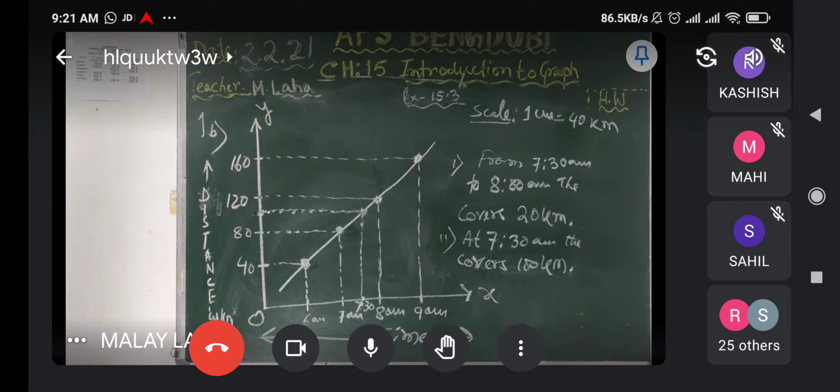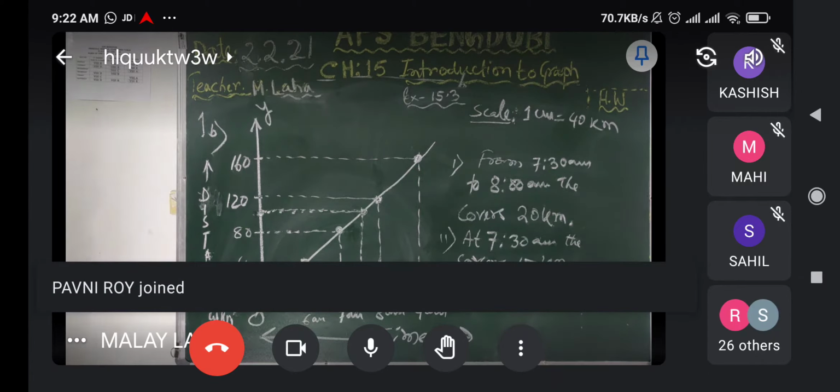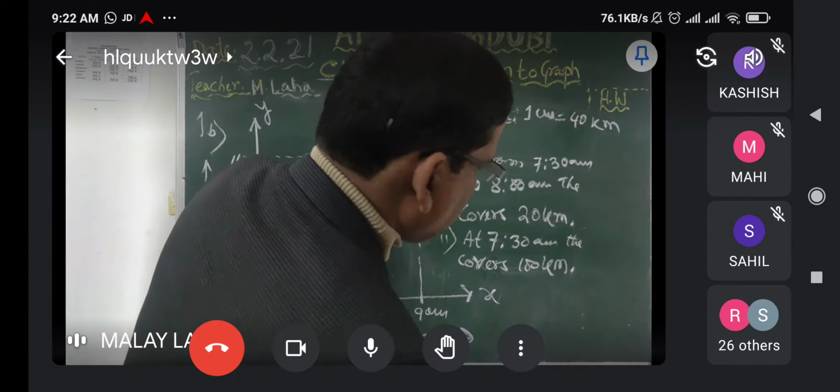So when they are asking any question on the graph, you just see the graph and try to match the question. First question and second question answer is same. In the first question they are taking the distance and finding out the time, and in the second question they are taking the time to distance, and distance to time. Okay. So whatever they are telling you, accordingly you have to draw the graph. Clear? So now coming to the next question.